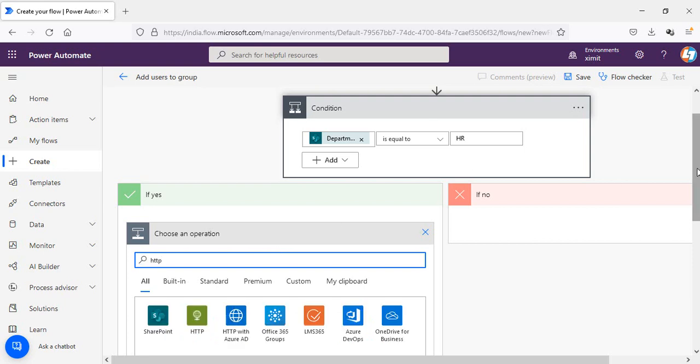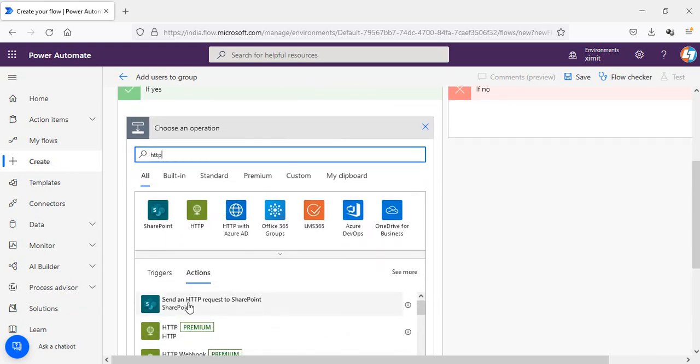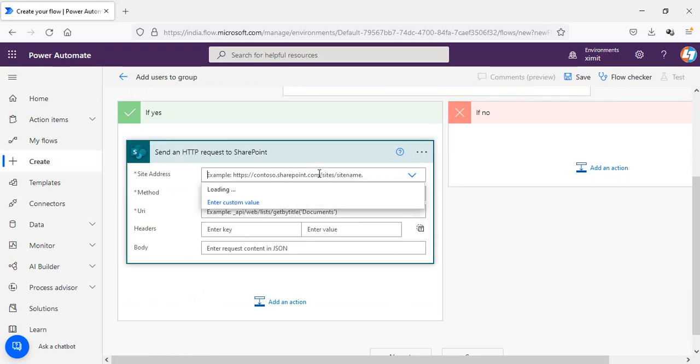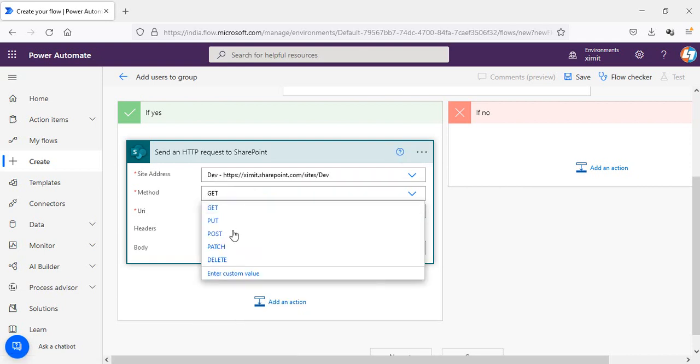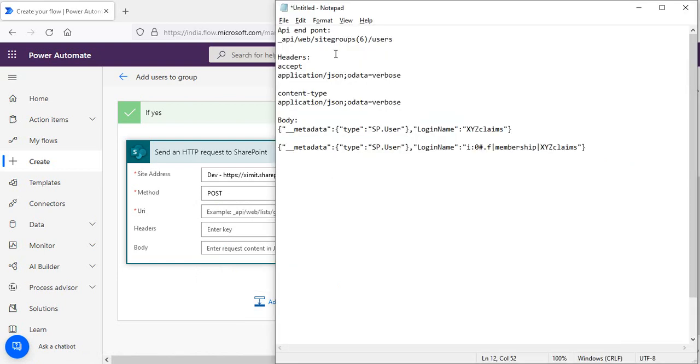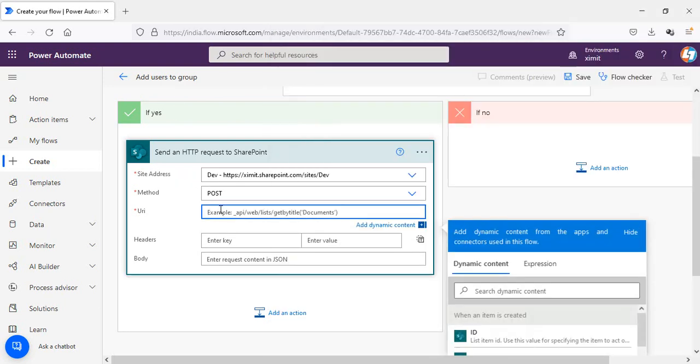I'll write a send HTTP request to SharePoint. The site address will be my dev site, because I'm performing the action in the dev site. The method will be POST, and the URI will be, I have already created this structure, but this is the normal structure: _api/web/sitegroups/ and /users. And in the site groups itself you can see there's a 6 written, so this basically means your site group's